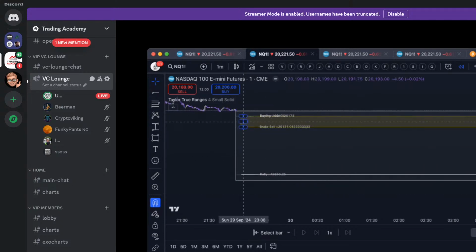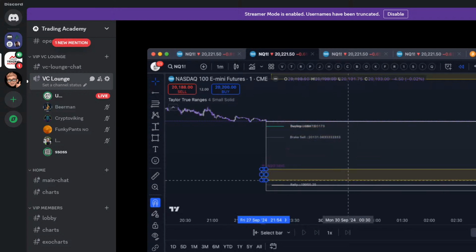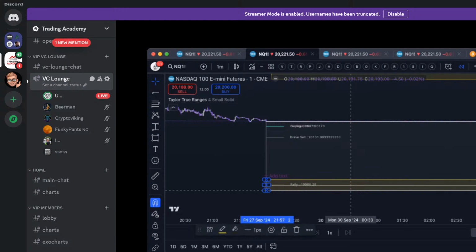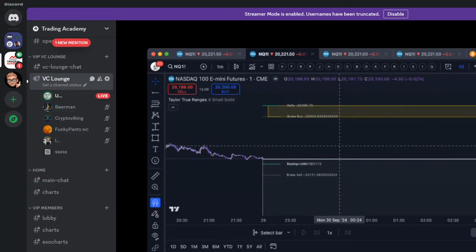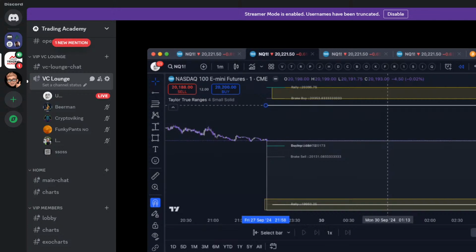So for the most part, if the market just starts dumping, that's why you've got to be a little bit dynamic with it. You don't just leave the big zone, the big range kicking around here. You move it down, and see, the rally point is right there, so it's very close to the bottom. If you move the envelope, you're going to find that zone is inside the envelope. So you don't have to move the envelopes, and if you do, only move one of them,